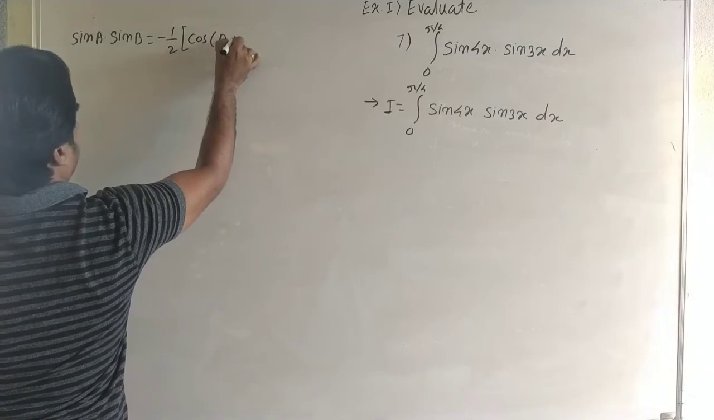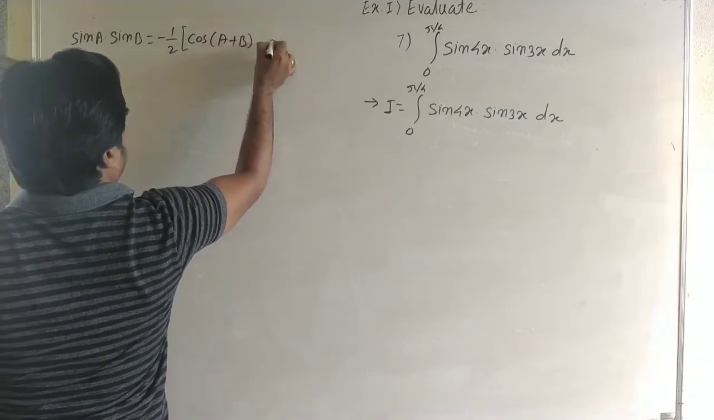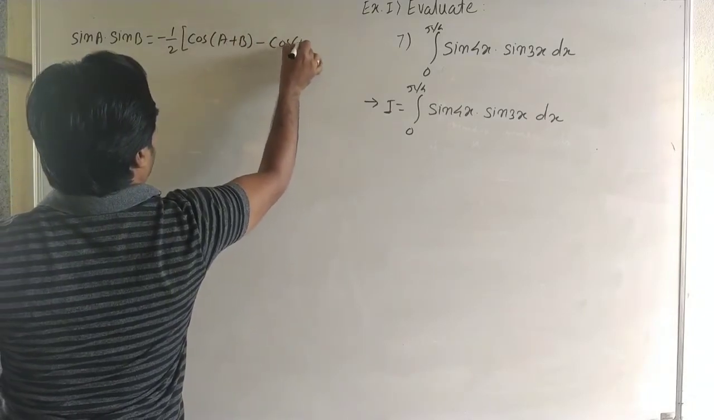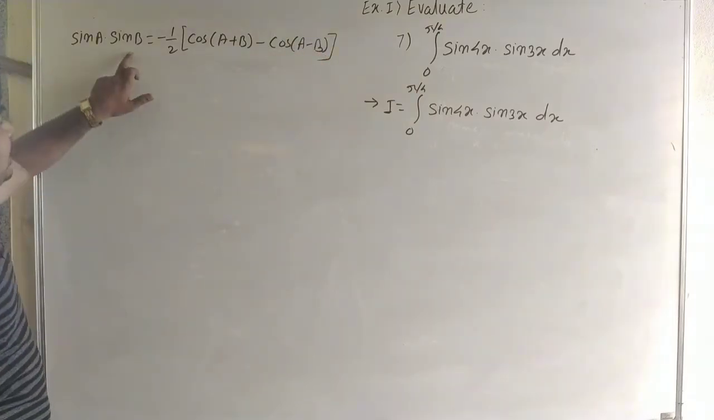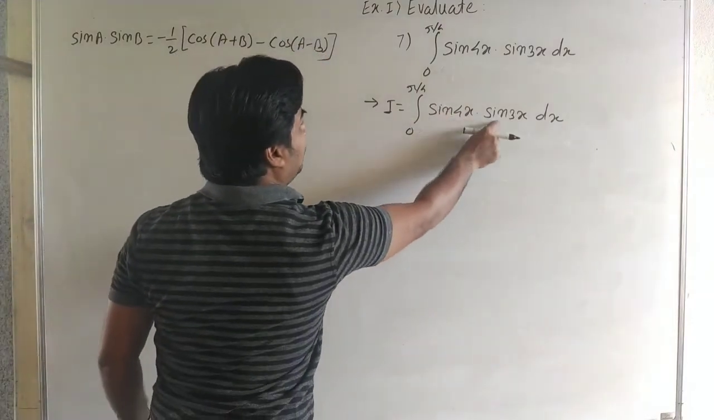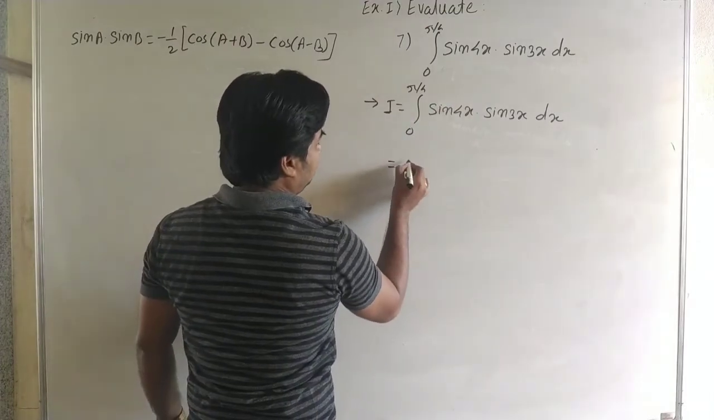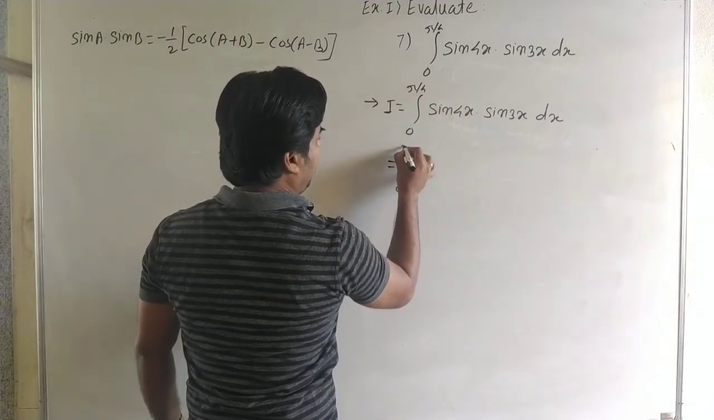cos(a plus b) minus cos(a minus b). Okay, it is the formula for sin A into sin B. Here it is sin A into sin B, so we can write here integral 0 to pi by 4